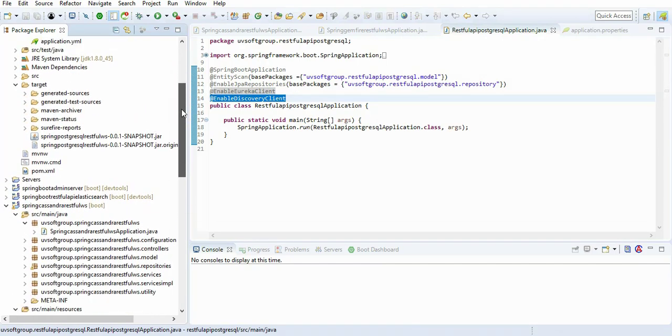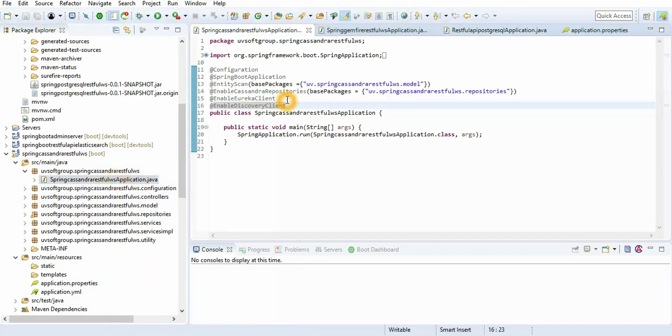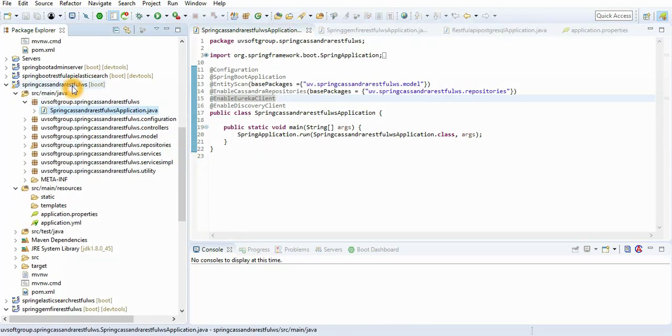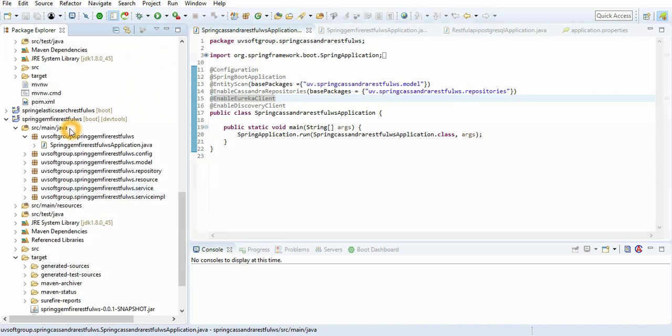And then we have the second application, the Cassandra application, and the same thing is here. So we annotated it with enable Eureka client, and then enable discovery client, and then all the respective configuration, development, implementation, and testing. You can also get it from the respective video on the YouTube channel. So that is our GameFire application, and